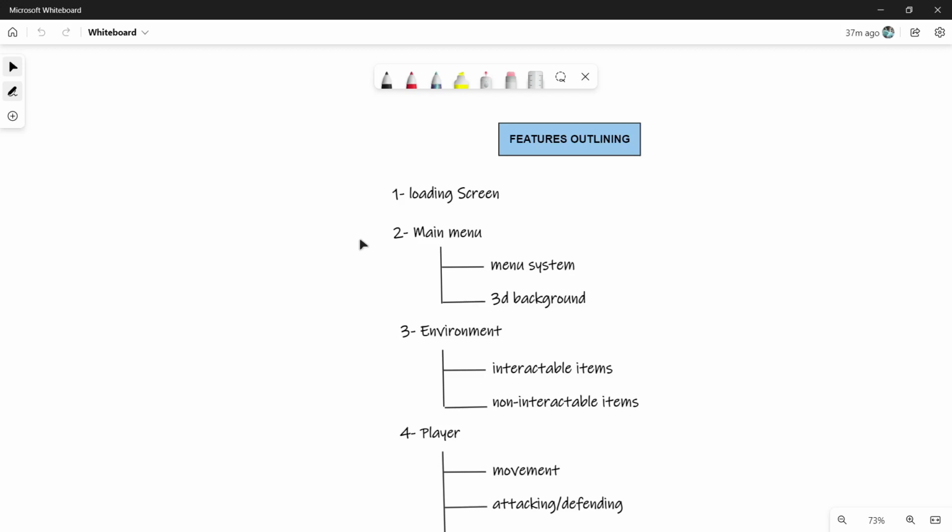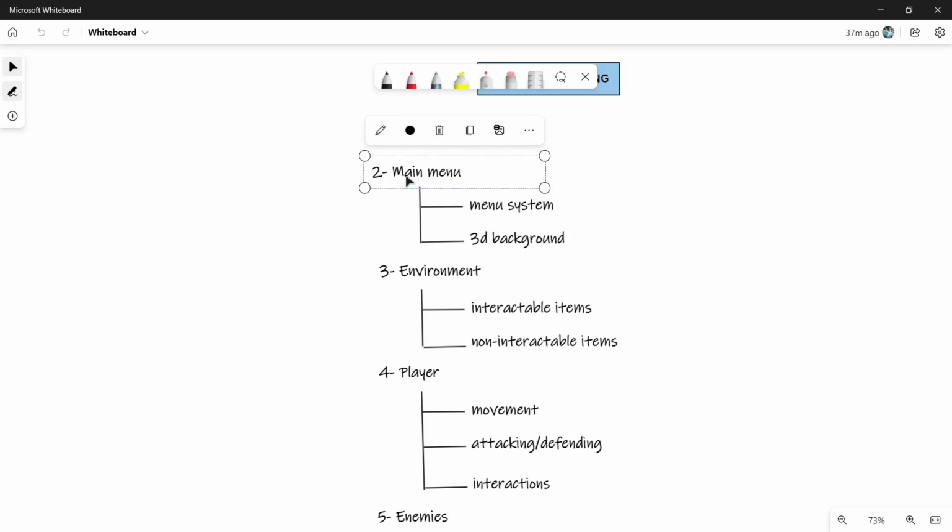So let's see what will happen if we divide a game into features. The first feature that you see is a loading screen. The loading screen is basically for loading purposes. Then the second feature would be a main menu, which will be branched out into multiple features. That is the menu system, which will be controlling each and every part of the menu, and we have a 3D